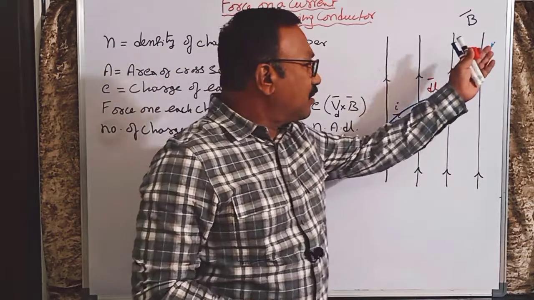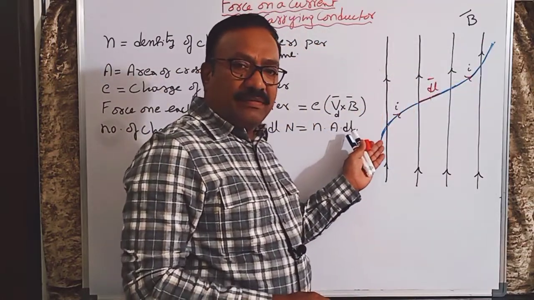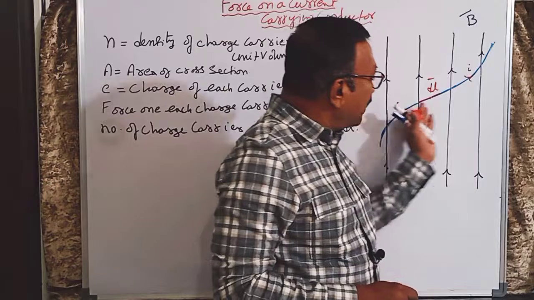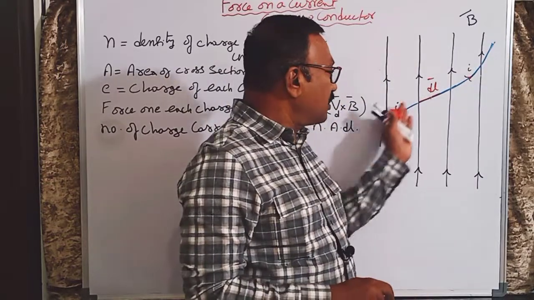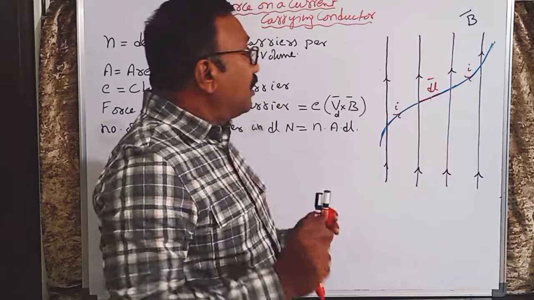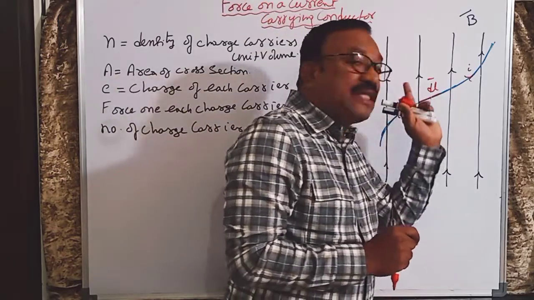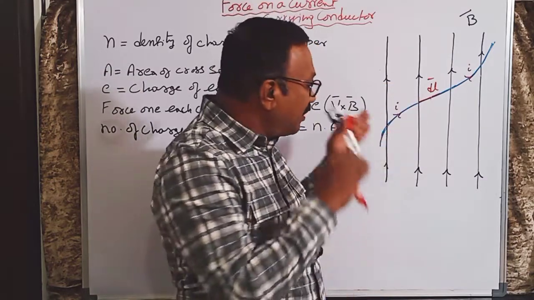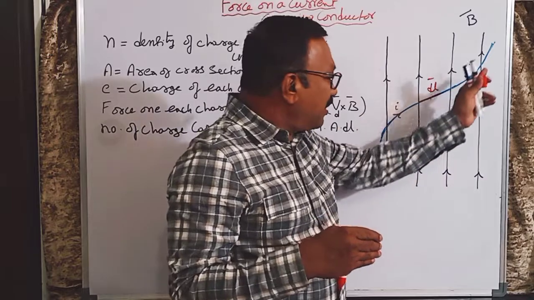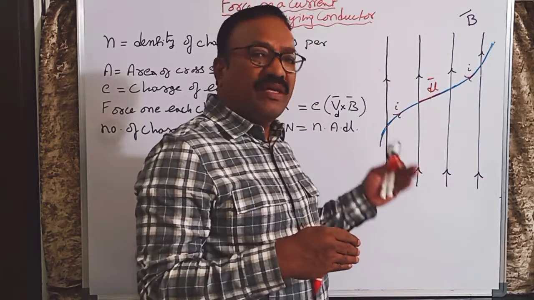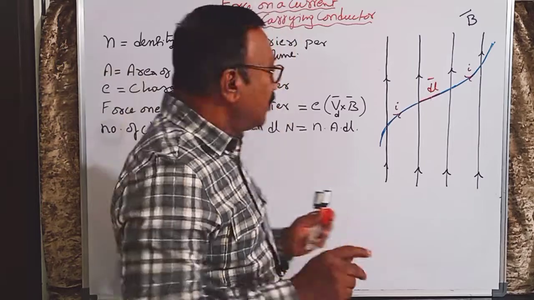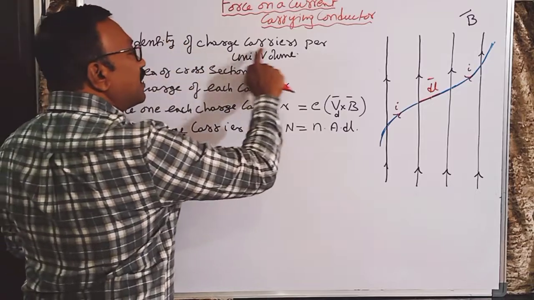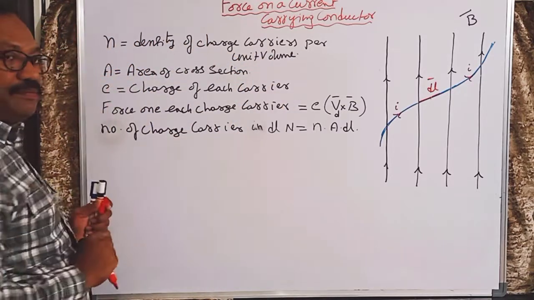You said that electrons are flowing opposite to this current. So a positive charge is assumed to be flowing in this direction. Just assume positively charged particles are flowing. The charge carriers are the charges which are moving, not the charges at rest in the conductor. For example, electrons are charge carriers. Opposite to that, you will take a conventional positive charge as the charge carrier. Therefore, the number of electrons or positive charge carriers per unit volume is n.